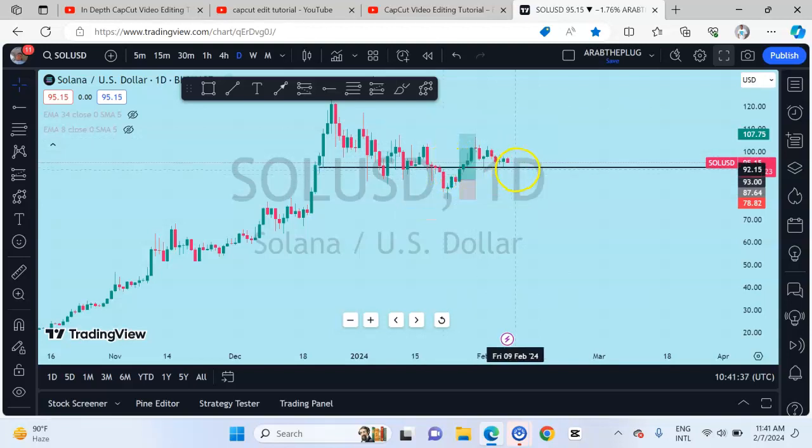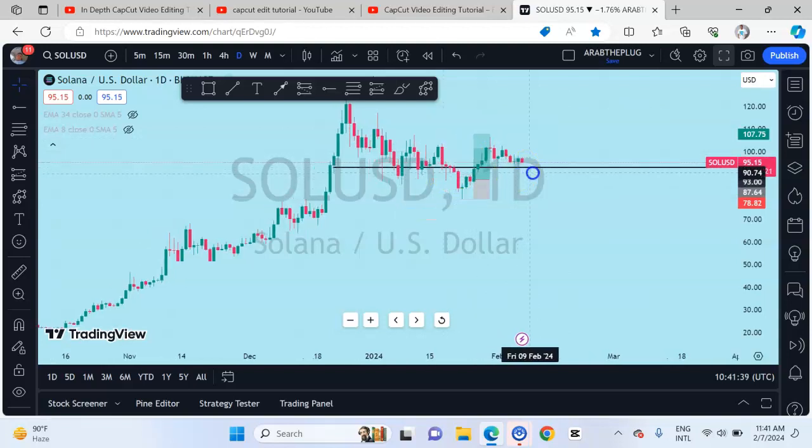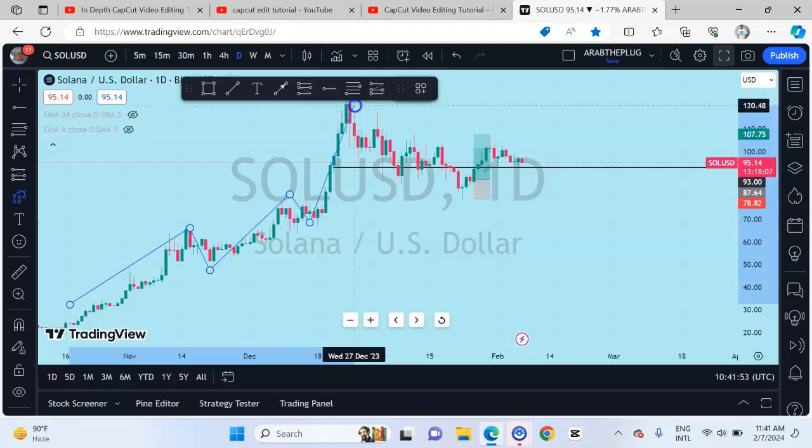I said that in a bullish market structure, the market will be creating higher highs and higher lows. So let's look at it. This is a higher high, higher low, higher high, higher low. This is a higher high, higher low. We expect the market to put in a higher high, but since then the market has been ranging. So the range is pretty much signifying the weakness of the market and